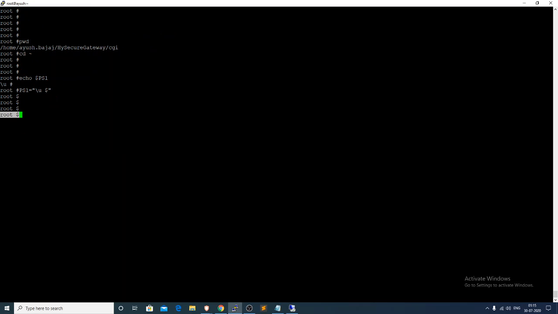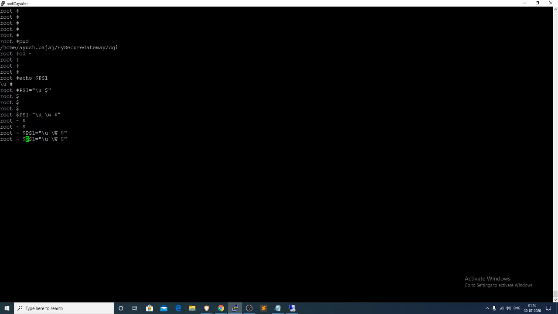For that, again I'll have to modify this variable, and I'll have to say that I want the username, and I also want the current directory. For current directory, you have to use a symbol \w. And then if you want dollar, you can put the dollar also, and then press enter. Now small w stands for the home directory, and capital W stands for the current working directory. So I'm going to change the small w to the capital W in the variable and press enter. So in this case, I'm seeing the current working directory, which is the home directory.